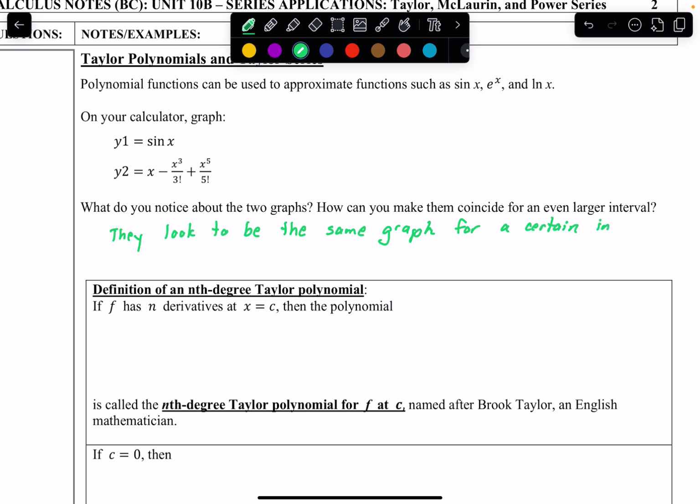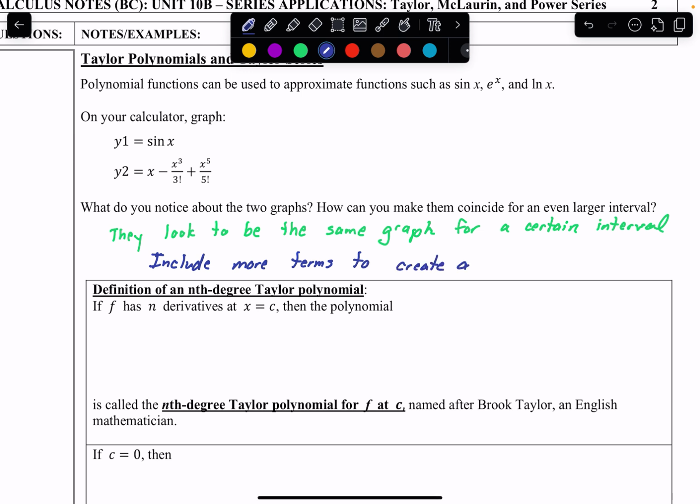I don't know exactly what that interval is because it's changing based on the more terms I add, right? So for me to create a larger interval where this polynomial and the sine of x function coincide, we would need to include more terms to be more accurate. So include more terms to create